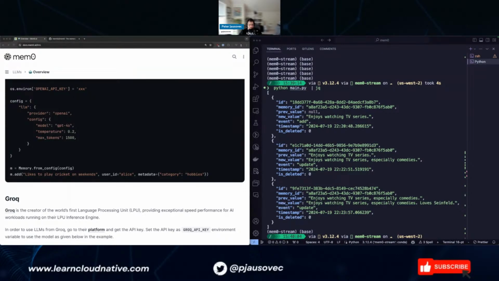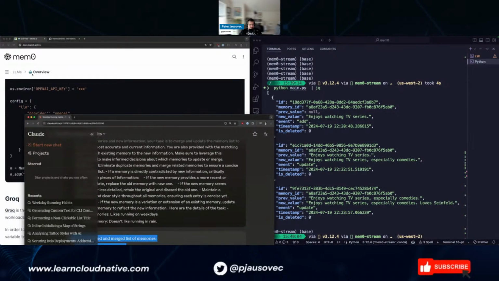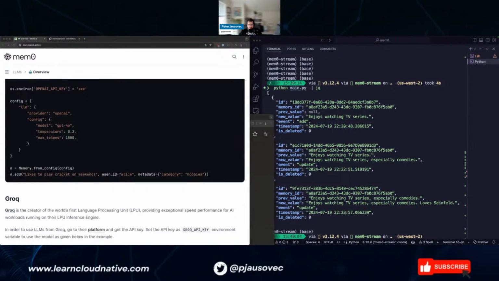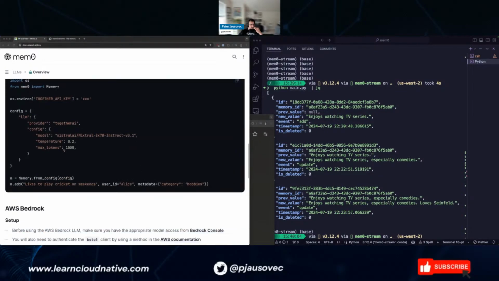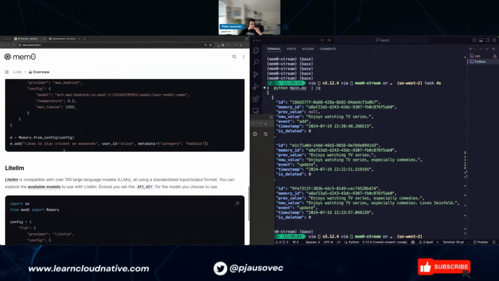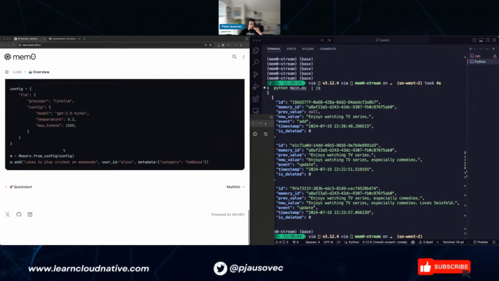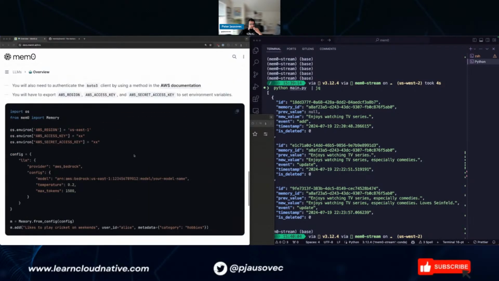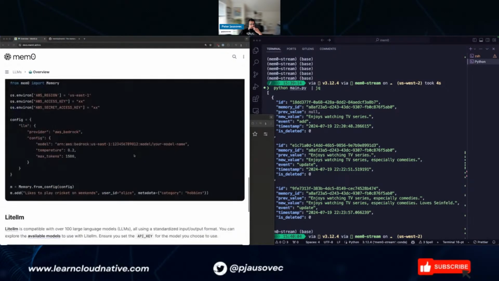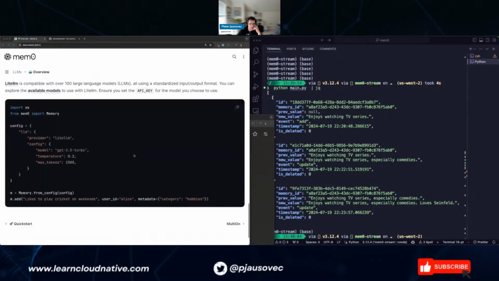Groq is the same thing, just telling you which one to use. It's just picking the one that you want them to use. Shouldn't be too hard to switch.